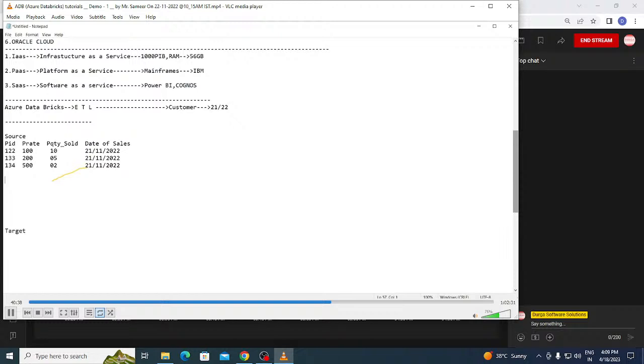Let us see how to make it. Simply copy this information and paste the same information. But now, instead of this, I will make the rate 200, and here I'll make the rate 300, and here I'll make the rate 1000. The product quantity sold stays as it is, but I'm changing the date to 22.